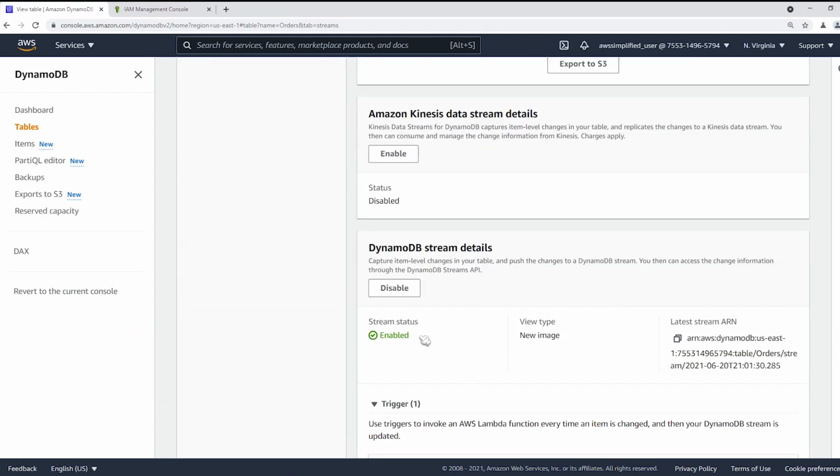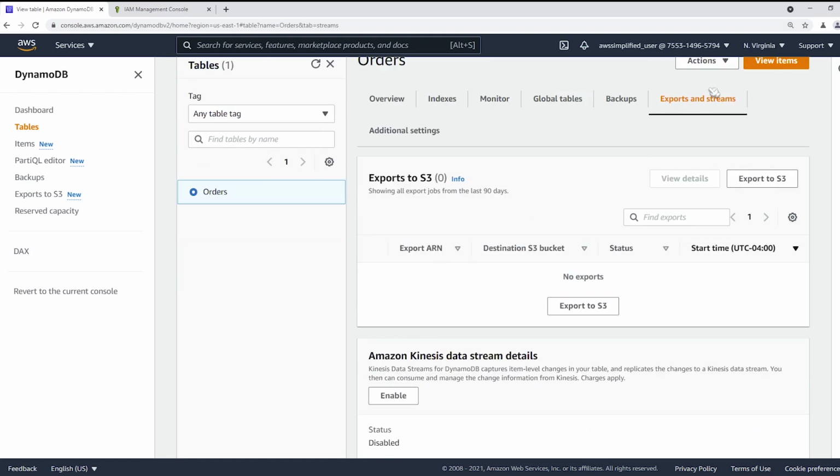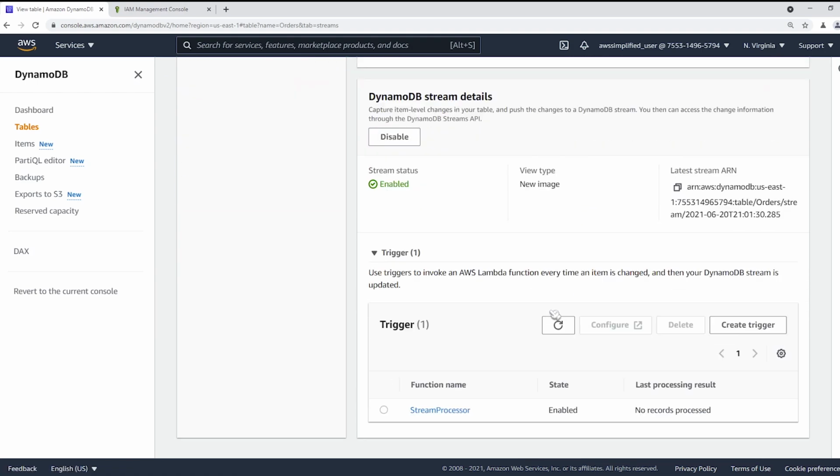Now, I do want to point out, when you go to the stream section here on your table, scroll all the way to the bottom, you can see that this is your trigger. Now, the way that these triggers work, and I want to point this out because this has bitten me a few times in the past, it processes your records as if they are flowing through a pipe. So if you end up throwing an exception while you're processing one of the records in the stream, the ones behind it will never get processed. And you need to correct that error before new records start getting processed.